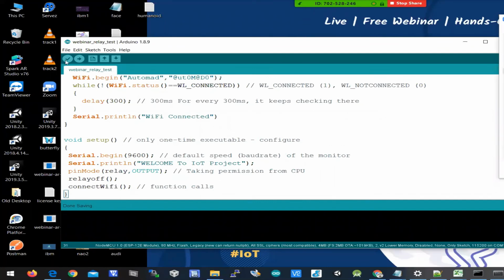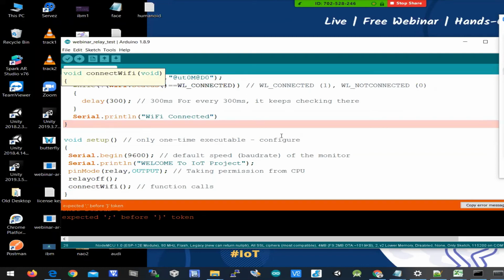I'll upload this code. I'll compile this code first. Okay, semicolon.